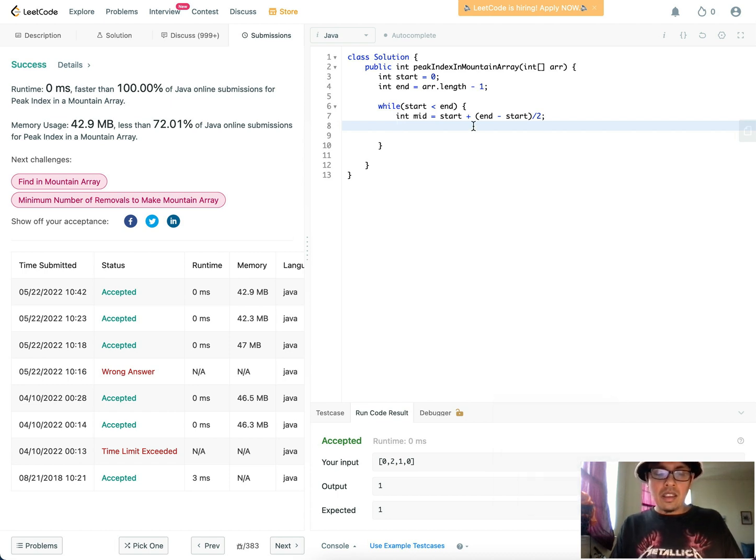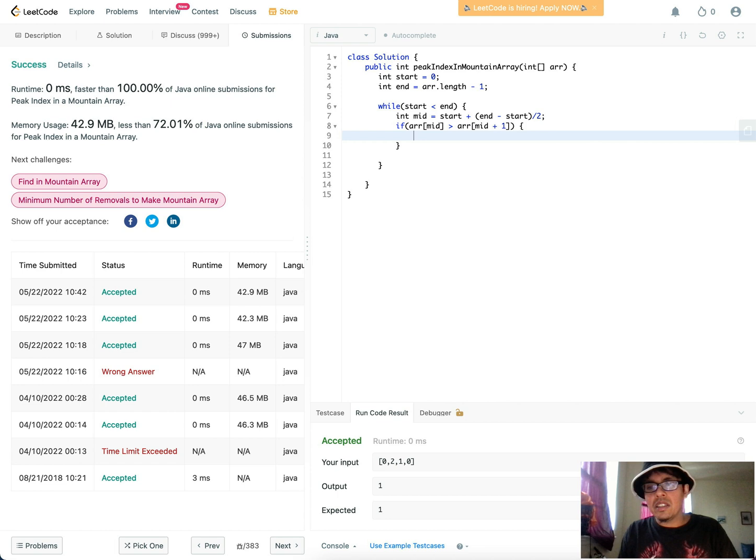Okay, so while start is less than end, now here's the part that I think requires explanation. Now remember, arr of mid, so we got the midpoint. We're starting at the midpoint. We're going to keep correcting our position until we find something that holds our binary search condition to be true. So first, remember, if arr of mid is greater than arr of mid plus 1, that means we're in a part of the array that's descending monotonically,